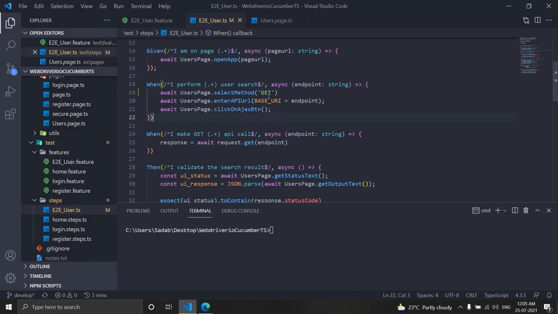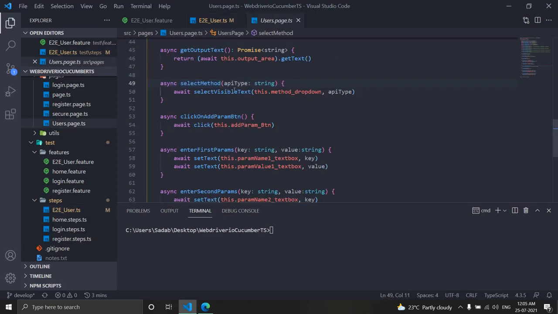Instead, what we want to do is control what, as a tester, we should pass for this function. I don't want to pass any random data here, any random string. I want to provide a set of values and then pass it as an input parameter. That we can achieve using enum.